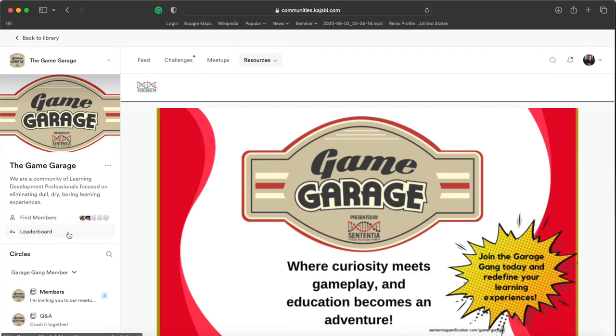The reason we're coming down the left-hand side is that the power of this community will be circles. Right now we have 2 circles, and a little bit later, not this week, but when we get development a little bit more, there will be the Game Garage members, who will have certain circles and conversations, and then the tire kickers will have a couple. Some will be open to everybody who comes in, some will be just for members. And this will be user-driven, community-driven.